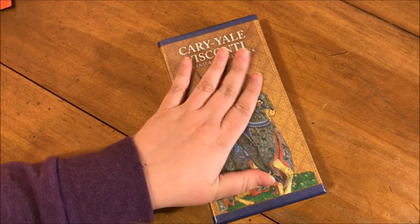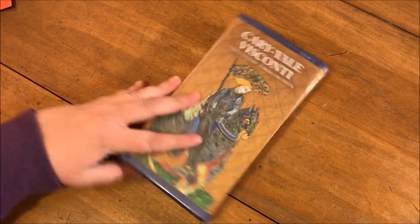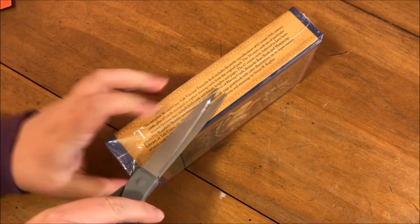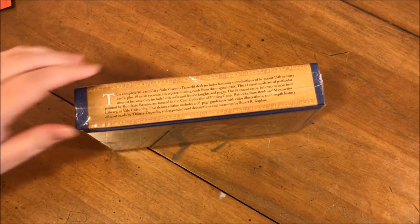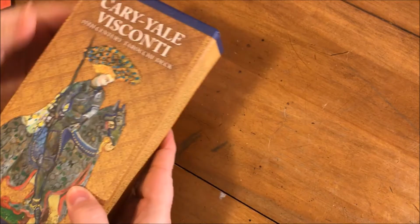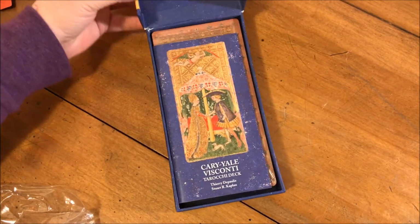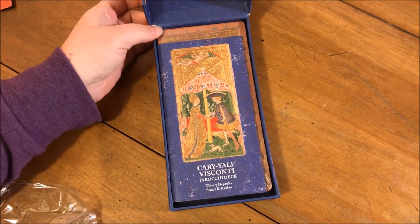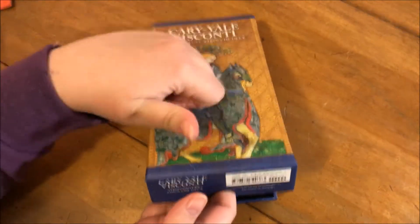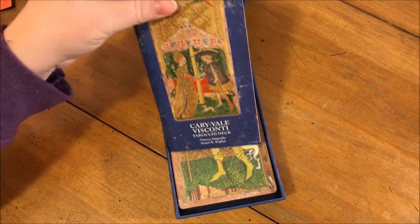So let's see. If the box is any indication of how big the cards are, it seems that they reproduce them in the actual original size. Now, I don't know. I didn't have the previous version of the Cary-Yale Visconti, so I don't know if those cards were huge or not, but let's see. Yep, we have another, it's damaged a little bit, but another great box from US Games. Nice sturdy box. This will keep the cards pretty well, even with the damage. I can use a piece of tape to...